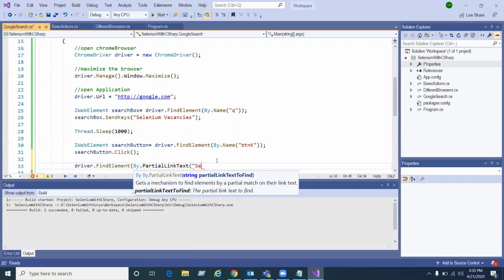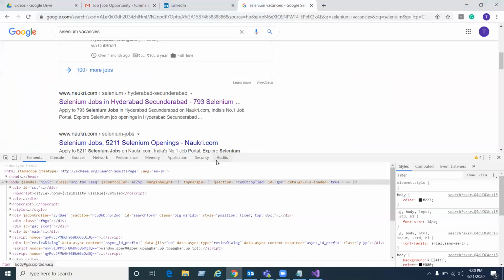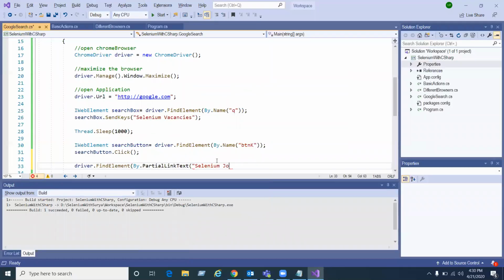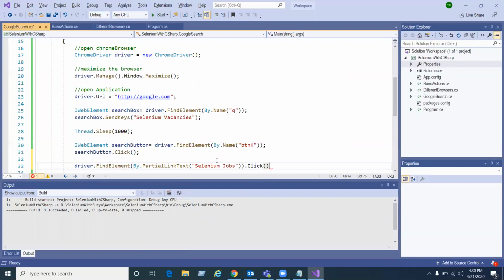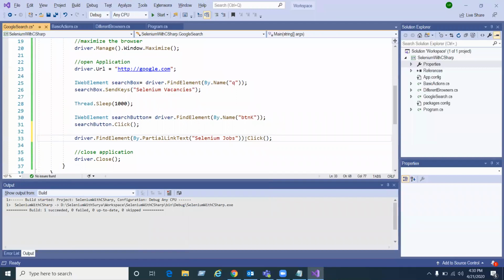Here I'll use a web element called result link.